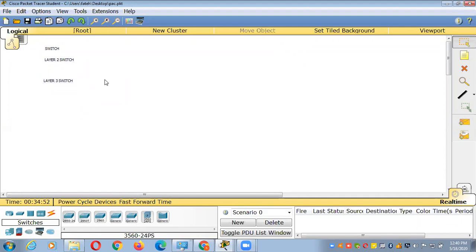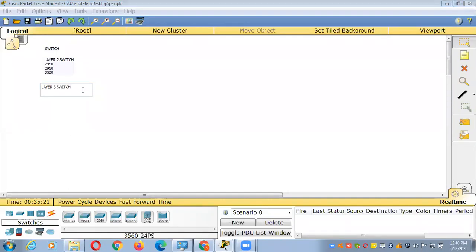Yes, model. I'm talking about series, brother. See, 1900, 2950, 2960, and 3500. All these switches are called layer 2 switches. This is the layer 2 switch series.